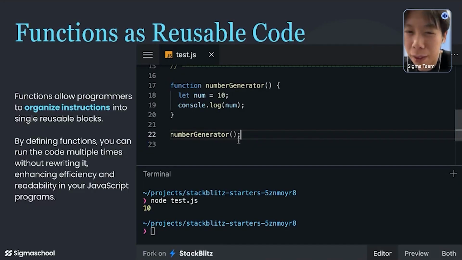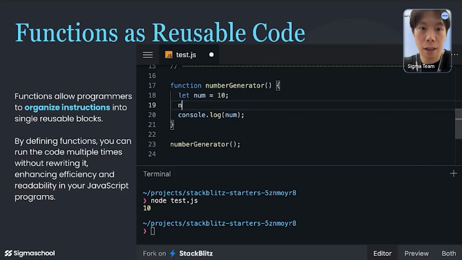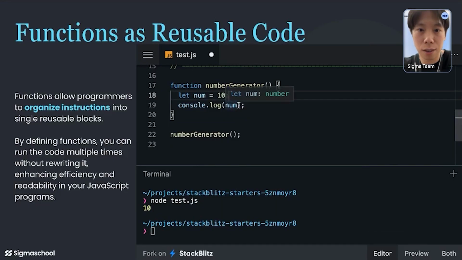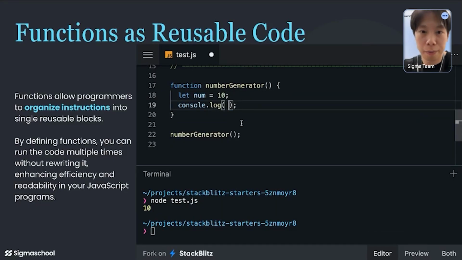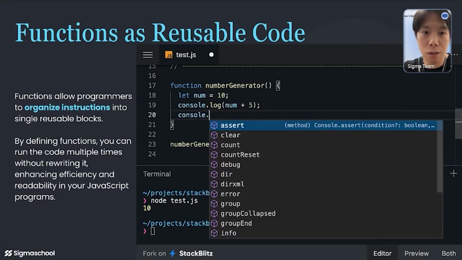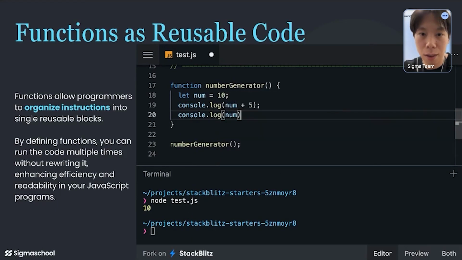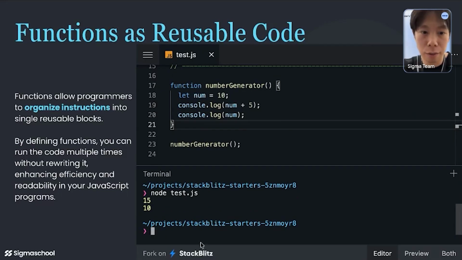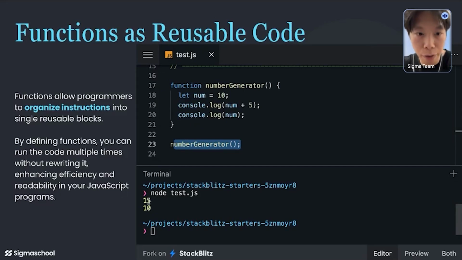Say you want to print out the same number 10 multiple times, or let's say you are doing some math, like number plus 5, and then you want to do console.log. Okay, so you want to do it this way. If you run the function once, it will print 15 and 10.